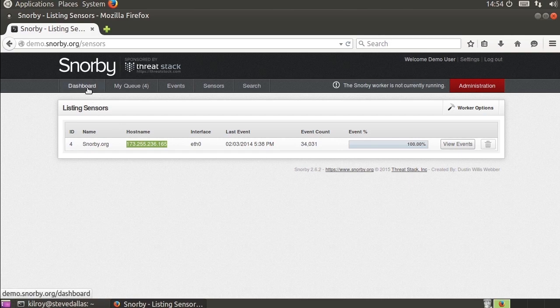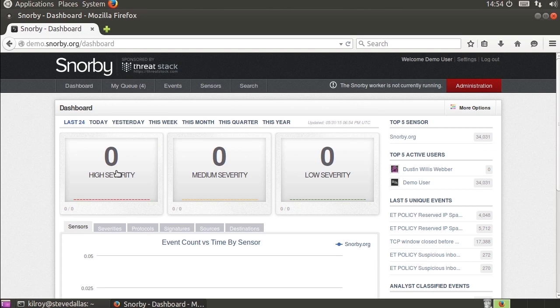Snorby is just another user interface that you can use with Snort. It is also one of those that doesn't have packages for at least some of the Linux distributions. For example, Red Hat and Ubuntu don't actually have packages for Snorby, nor do they have packages for the other user interfaces for Snort. So if you're going to run Snort on Linux and you want to be able to have consoles and something like Barnyard, then you're kind of on your own in terms of building those,